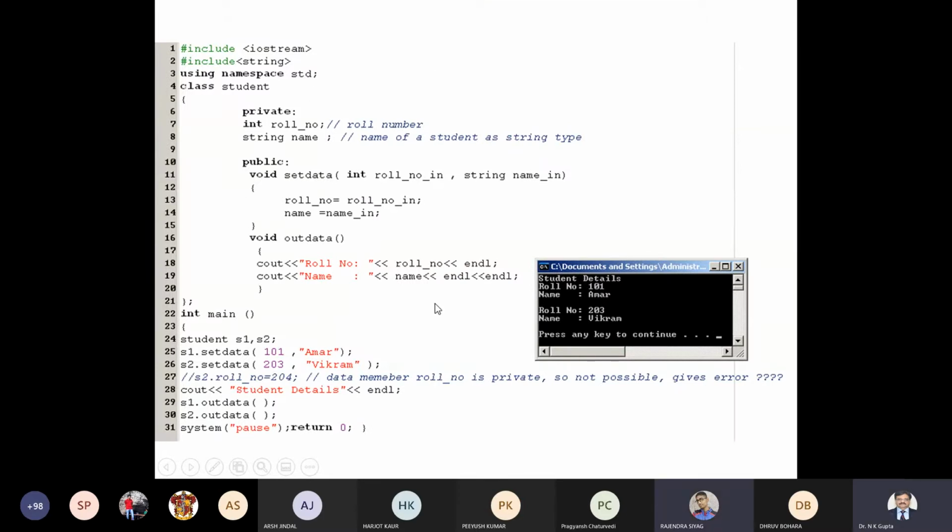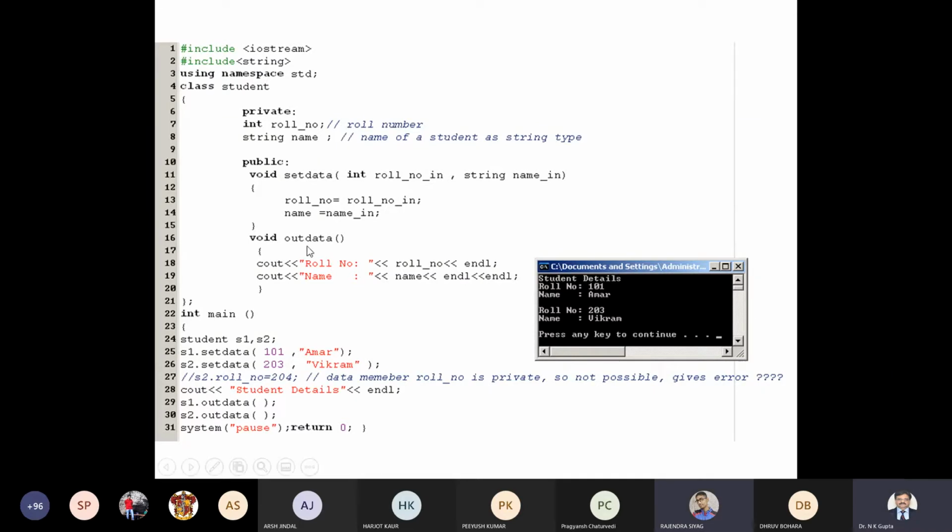Sir, in line 27, it will not be applicable if the above is private. You can use an object to access any data member over here, but outside the class, how are you going to access it if it is private?